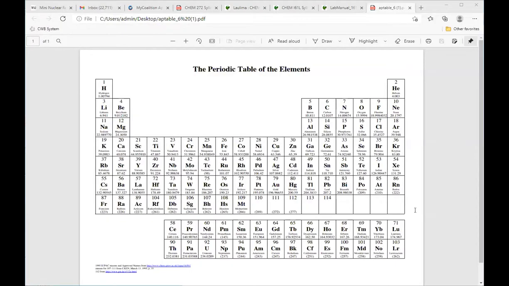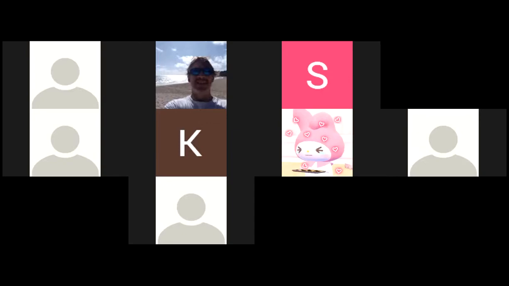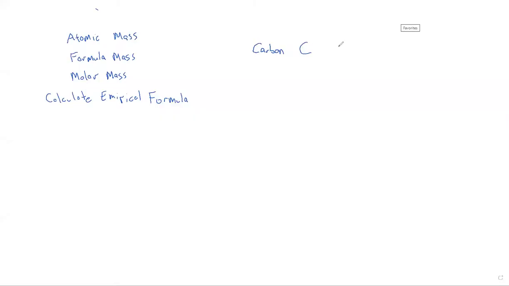We have all these numbers, 12.0107. Typically I'll always use 4 sig figs. That's a good rule of thumb, because in most calculations you'll end up with about 3 significant figures, so 4 should be more than enough in any calculation you need to do. So whenever you take an atomic mass from the periodic table, 4 sig figs is a good way to go. So I'm going to write 12.01. I think that's a good rule of thumb. It doesn't require much thought. And so for carbon, the atomic mass is 12.01